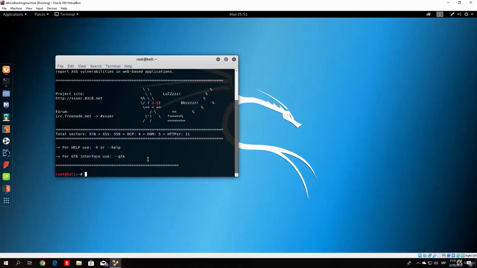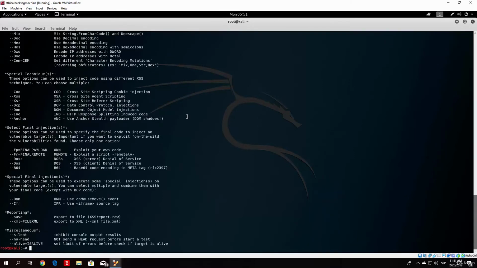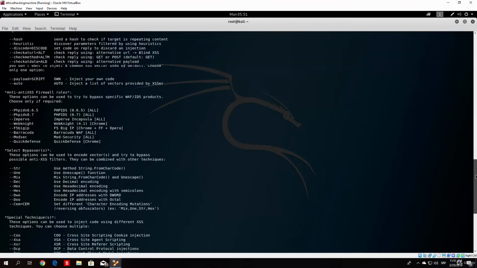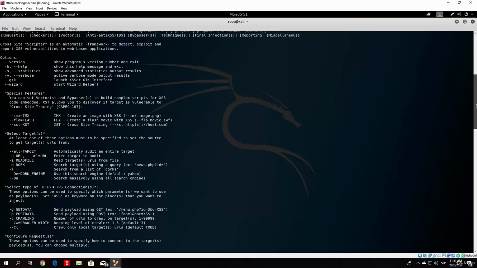And let us just enlarge this and type help. So XSSER --help. And we get here a bunch of options. So let me just check, go upwards. What we want to do, we want to specify the -u option, which is the URL. So here it is. This is a must, so we need to enter the target link in order to run this. -g, I believe,